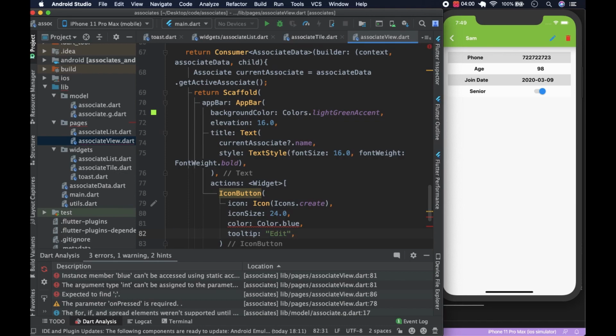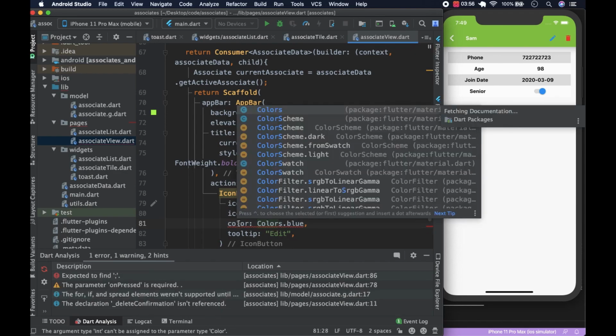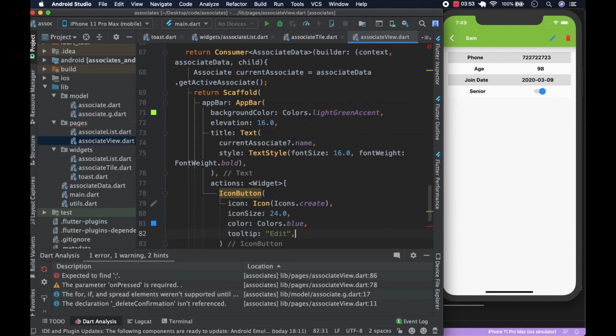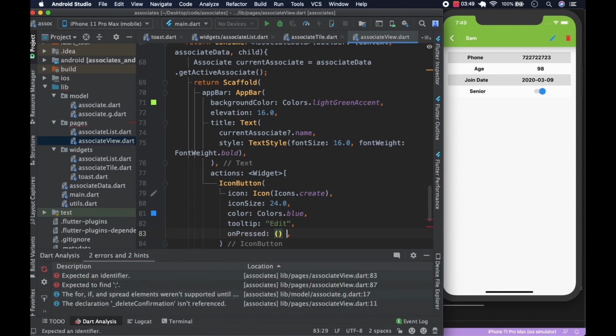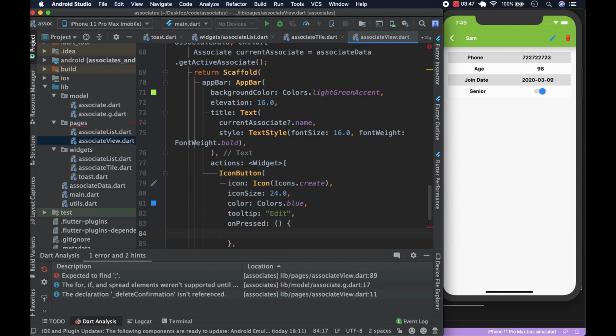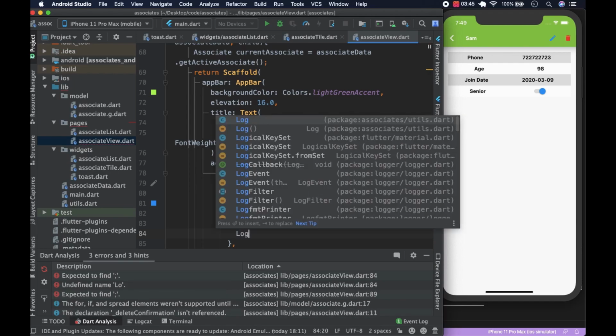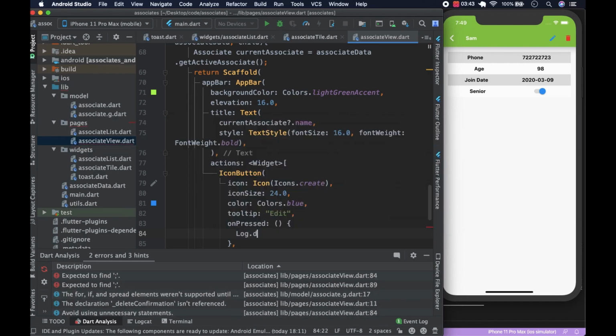and it's supposed to be colors. I confused the color here and the colors. Okay, fine. So after that, the onPressed method is going to be, what we're going to do here, first we're going to log it. We're going to say log.d, and then we're going to launch the edit page, which we will make in a future video. We're going to say selected to